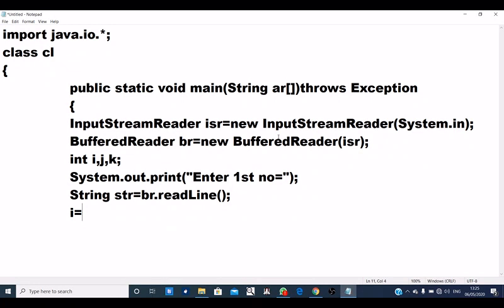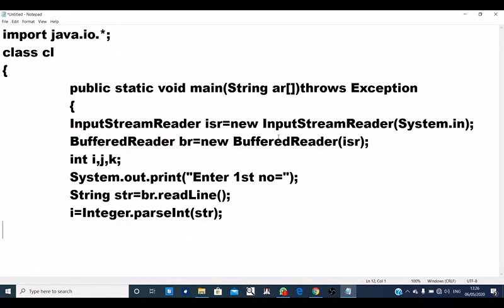Here the integer type variable is, suppose, i = Integer.parseInt. Remember, Integer.parseInt is used to convert a numeric string into an integer. Once again I am repeating, Integer.parseInt is used to convert a numeric string into an integer, and the numeric string is stored in str, so you have to pass str inside it.